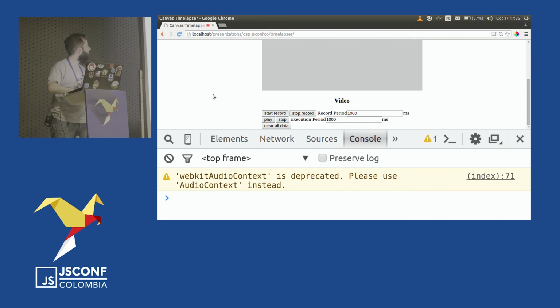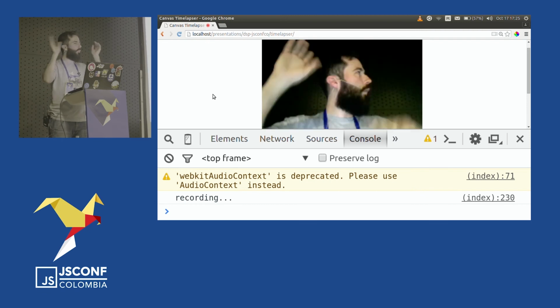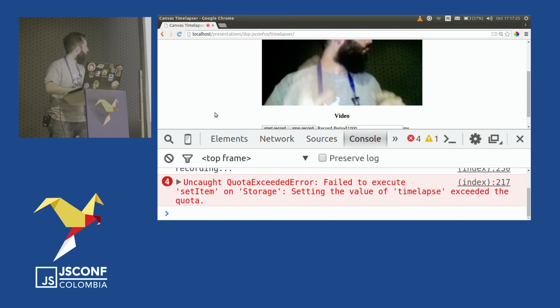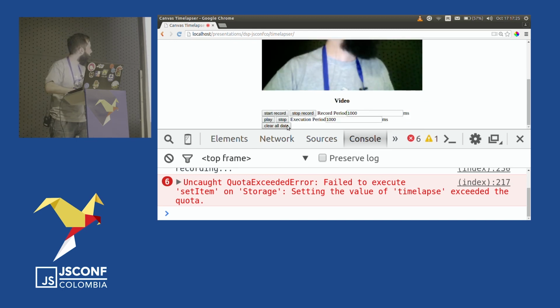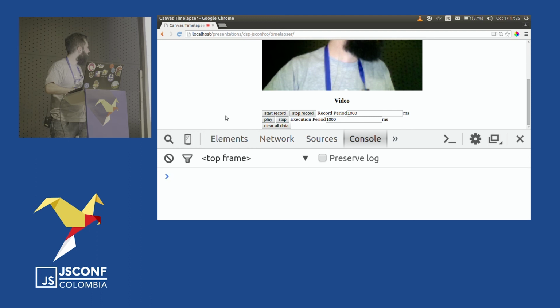So I will start, and do a video. I was planning to do a time lapse, but I was so nervous that, I'm sorry, I didn't clear all the data here. Stop record. This is because I'm storing on local storage, and you know the problems with limitations.